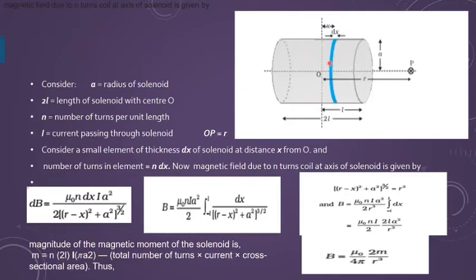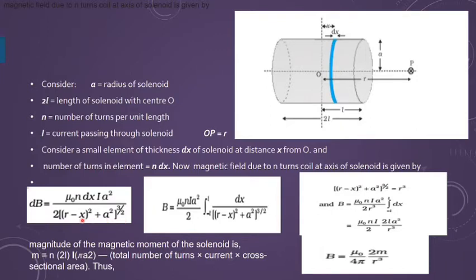Then I can find the magnetic field. That is the only concept you are aware of, because of the ring or the coil, we have already derived the magnetic field in the previous chapter of magnetic effects of current. Then dB can be written as mu naught n, where n means the number of turns, n dx, mu naught n I a square divided by 2. There we wrote r square plus x square.